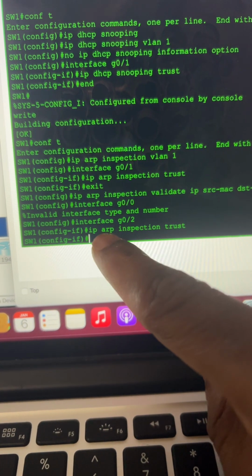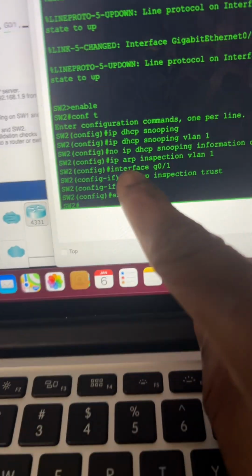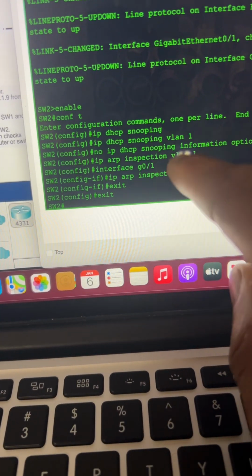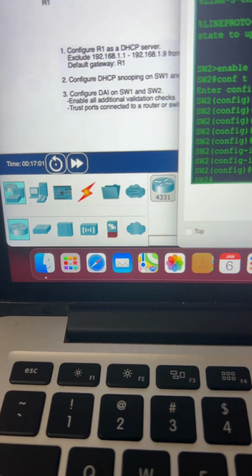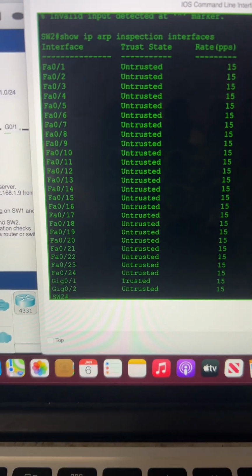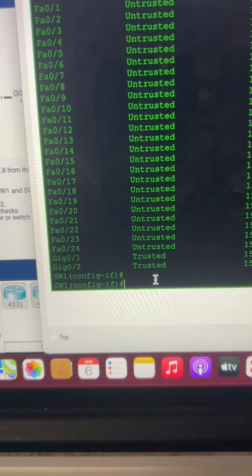Interface G0/2, and I selected that as a trusted port as well. Okay, so we just did the same configurations right here. And then to confirm everything, I did a show IP ARP inspection interfaces command, and we can see that G0/1 right here is trusted, and same thing on